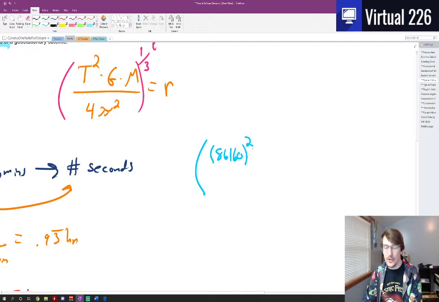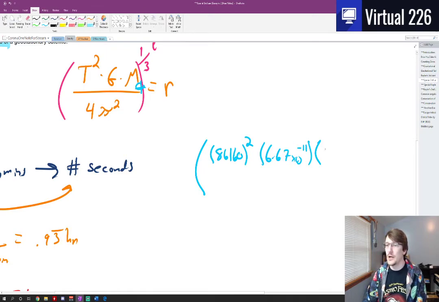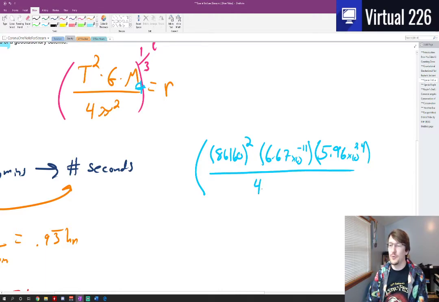So 86,160 squared times 6.67 times 10 to the negative 11th. Remember, we're using that E button in order to do times 10 on our calculators. This is the mass of the Earth, because we're geostationary, which is 5.96. Some people write 5.97, some put 5.98. I'm going to put 5.96 times 10 to the 24th kilograms, divided by the number 4